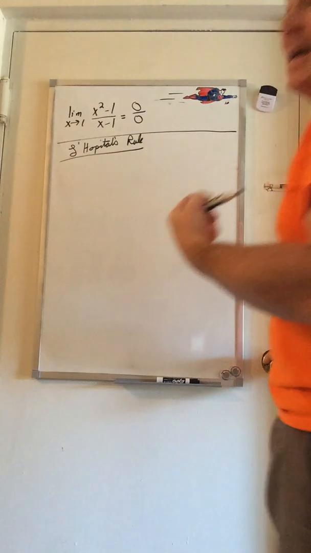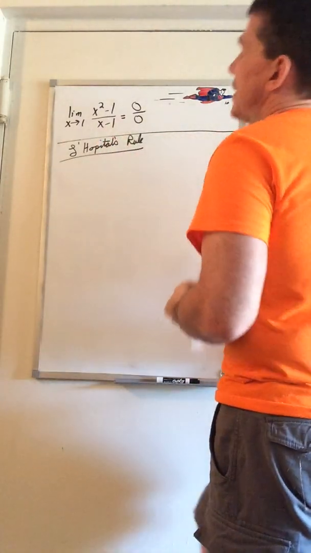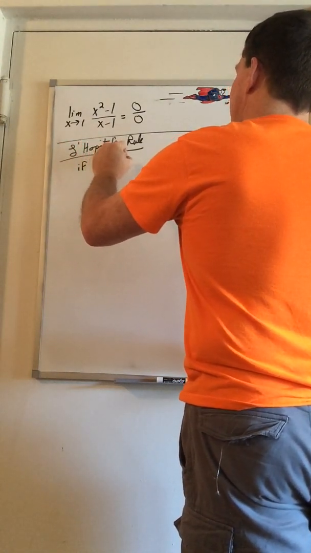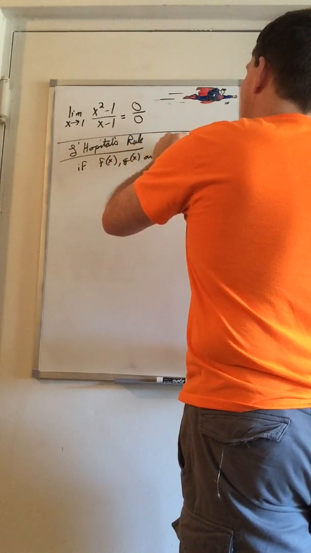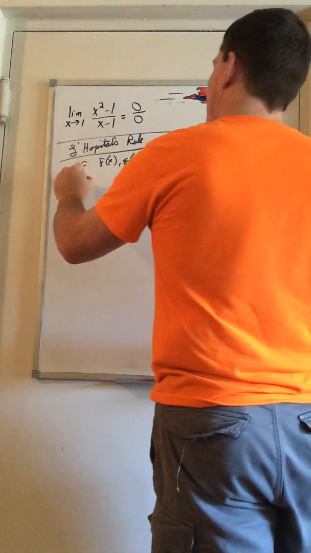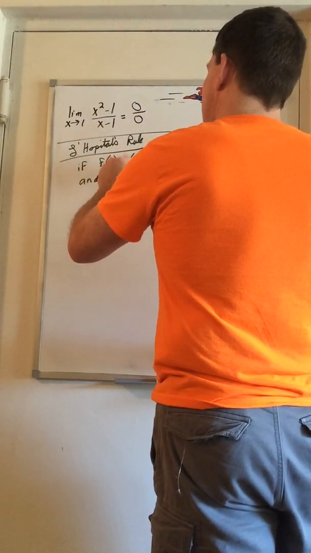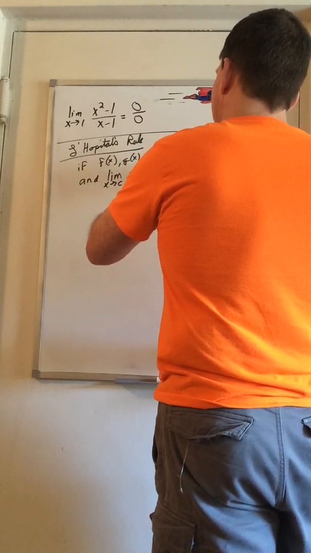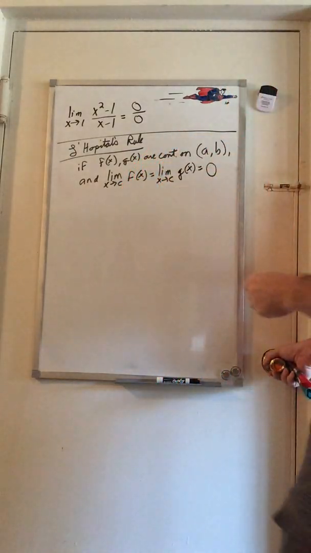Or as a lot of people say, L'Hospital, but there's no S there, it's just L'Hopital, it's the guy's name. But anyway, L'Hopital's rule. If f of x and g of x are continuous on the open interval (a, b), and the limit as x approaches c of f of x equals the limit as x approaches c of g of x equals 0,